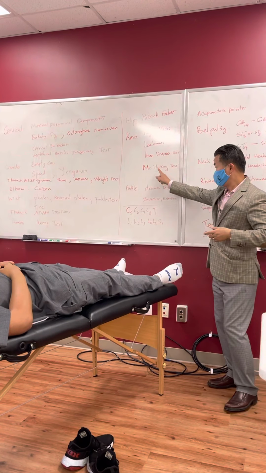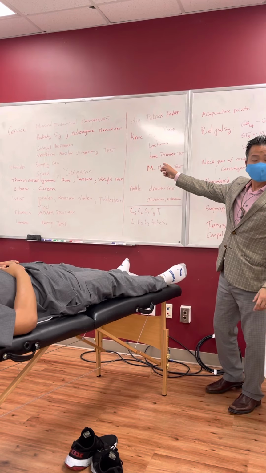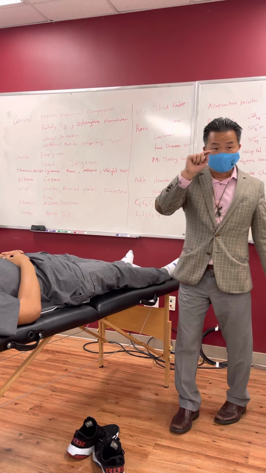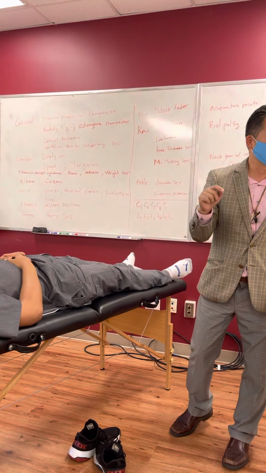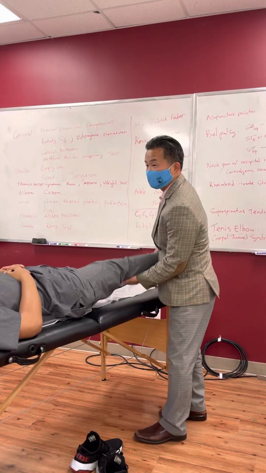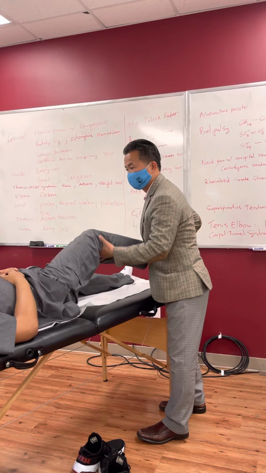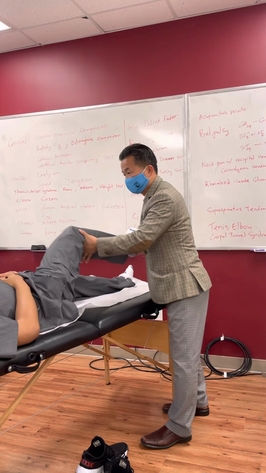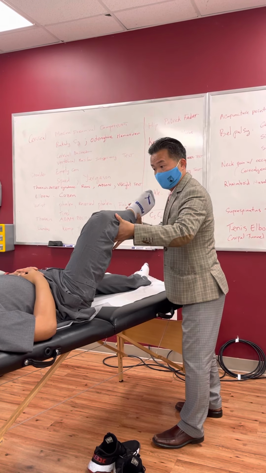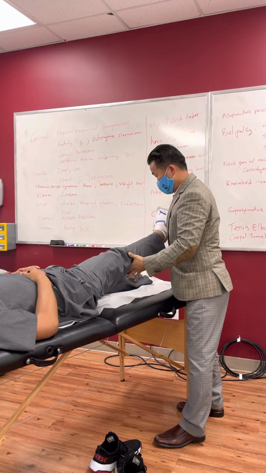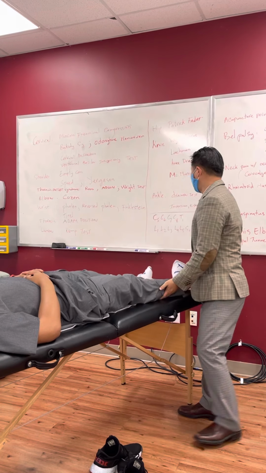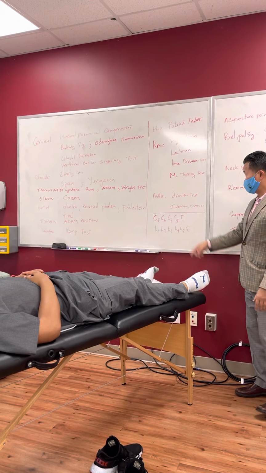McMurray test. I believe that on the national board exam, they have a McMurray test. Remember, M for M: McMurray for meniscus. Remember that. Okay, so McMurray. See this? Look at my hand. External rotate. Internal rotate. Come out. You see this? Okay, good. And then the ankle, knee drawer